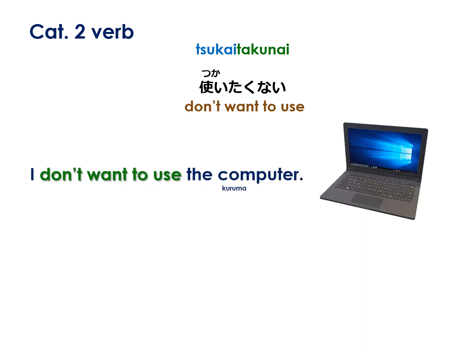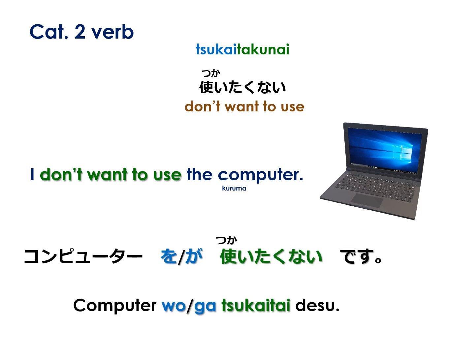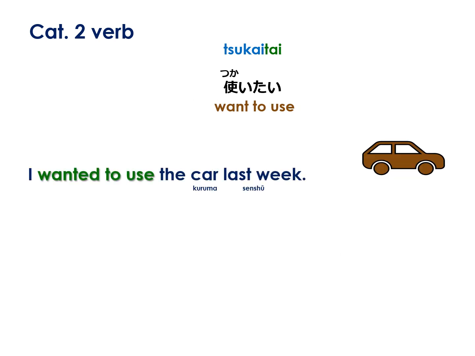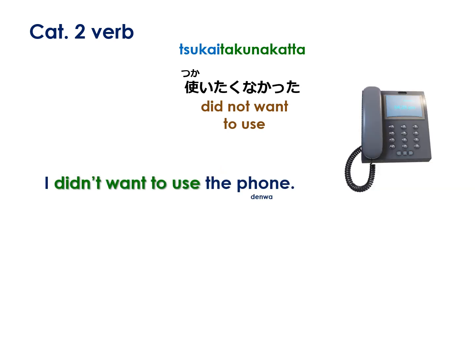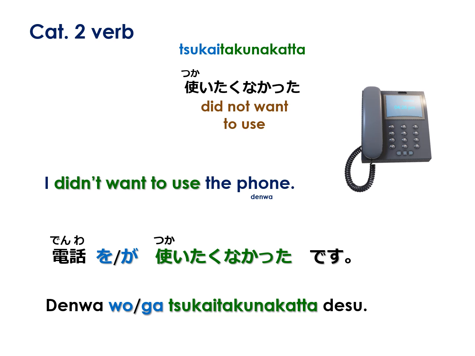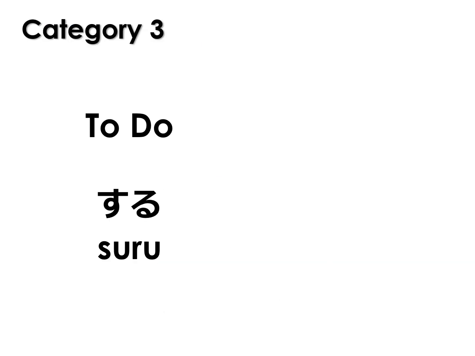I don't want to use the computer. In Japanese, コンピュータを使いたくないです or コンピューターが使いたくないです。I wanted to use the car last week. In Japanese, 先週車を使いたかったです or 先週車が使いたかったです。I didn't want to use the phone. In Japanese, 電話を使いたくなかったです or 電話が使いたくなかったです。